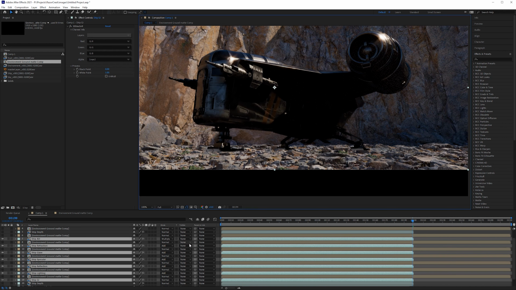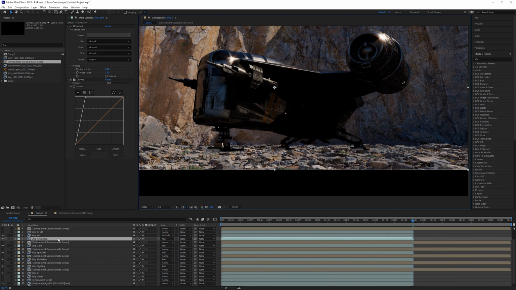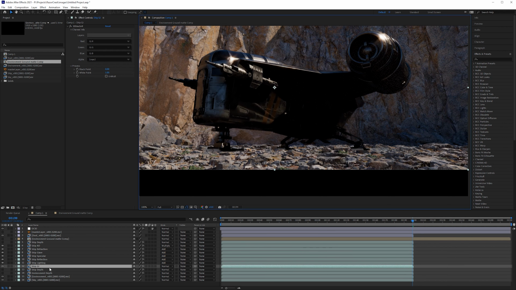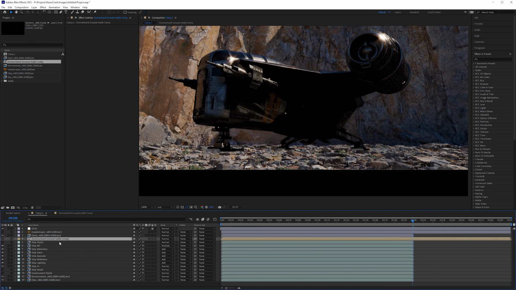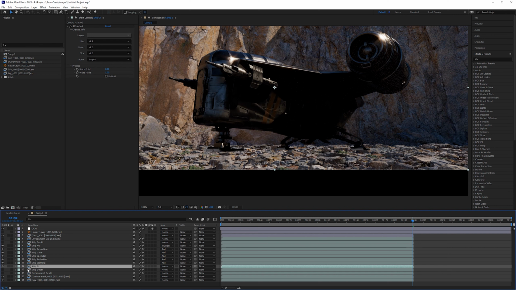I'm actually going to Control Z that and then Control Z a few times to get rid of all of those environment mattes. I want to show you how you can use this layer on all of these different passes without having to make a pre-comp and without having to have duplicates. So I'm going to Control Z all of that so it's just as it was before we did anything at all. And we're going to start on the ship GI layer.